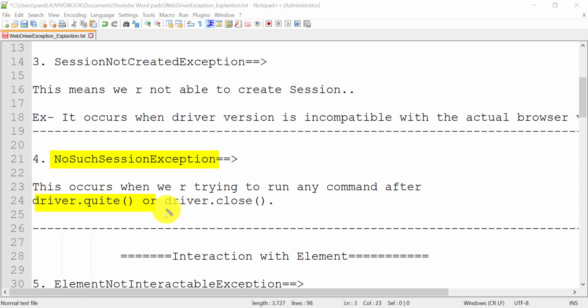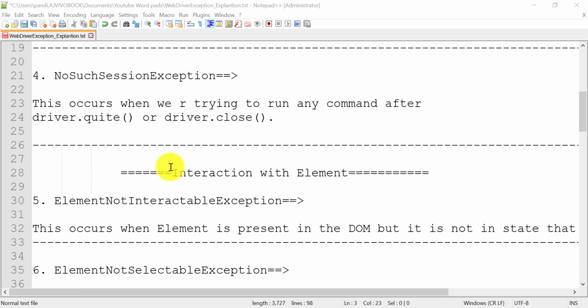These two. So once that browser is closed, once you close that driver, and if you try to run any command after that, any WebDriver command, driver.getTitle or anything, at that time it will give the NoSuchSessionException. That means the driver is already closed, that means there is no session ID, right? So previously there was a session ID and we completed the test case and closed the driver, and after that we are trying to run a WebDriver command, so there is no driver, and that's why it will give the NoSuchSessionException.